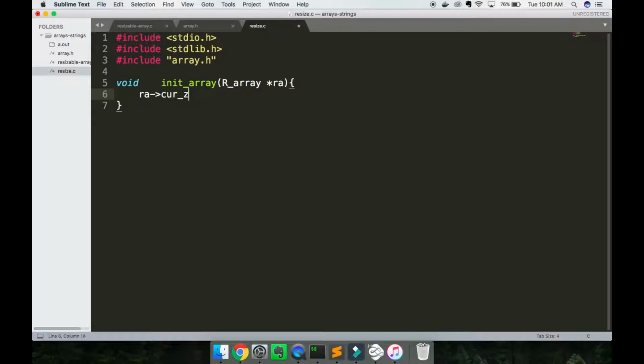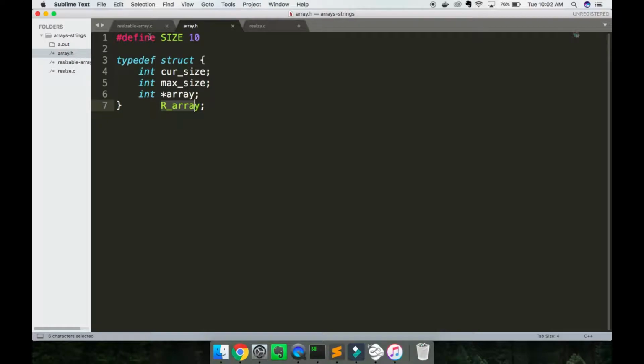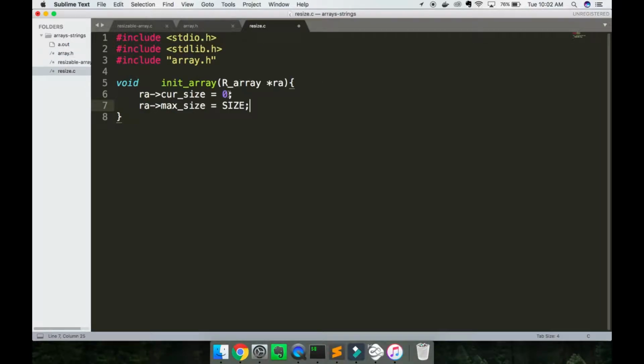And what we'll do is we'll say RA current size equals 0, RA max size equals size. Remember we defined this as a macro up at the top of our .h file, and this variable here, size, is accessible because we included it here. And then finally, we're going to say RA array